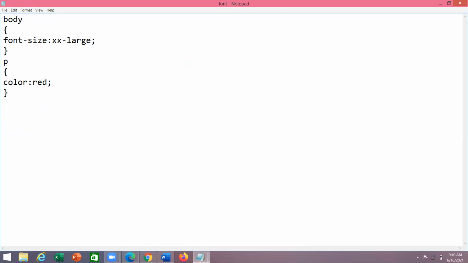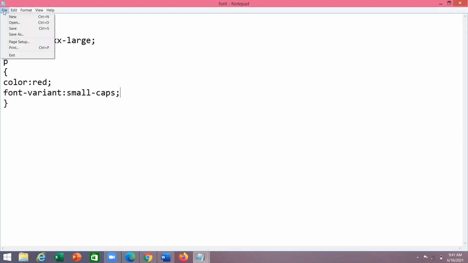So here I'm taking font variant colon. Variant means caps letters, small caps, like that. Small caps. This is a font variant.